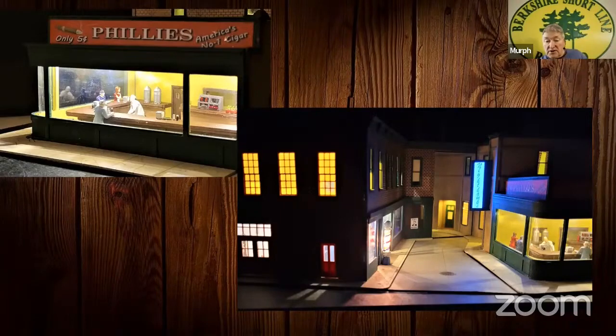And above in the center of the alleyway there, the Nighthawk sign was made from a Miller Engineering electroluminescent kit, where it's flat panel lighting that you apply your own decals to on the surface of it, and you custom do basically a fluorescent sign, a flat panel sign that you can put up there. Also, little touches that